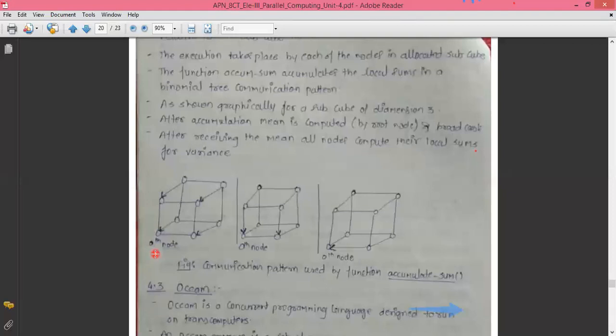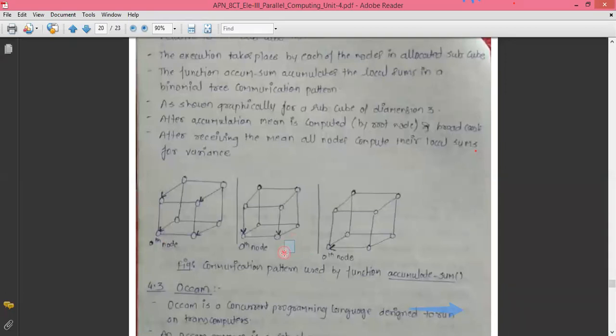Who leads it, or who instructs it? It is the principal who instructs it, and the principal takes the task and passes it on to the other departments. The rest of the departments do their tasks, like teaching, conducting extracurricular activities, gatherings, and departmental events. After performing their respective tasks, each and every department returns and reports back to the supervisor node, or the principal node, which is the zero node over here. So this is called the NCUBE model.